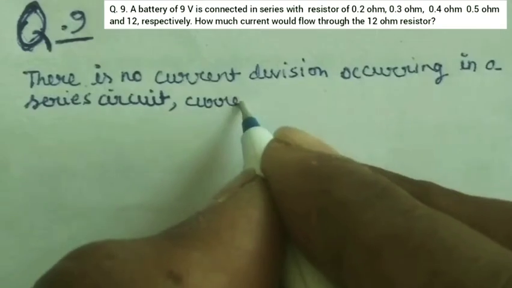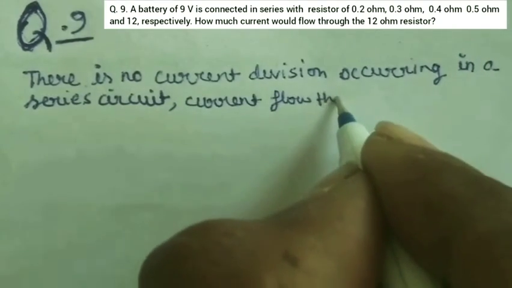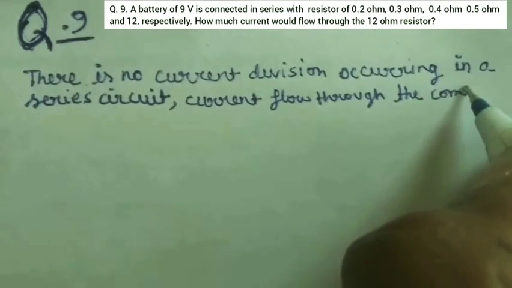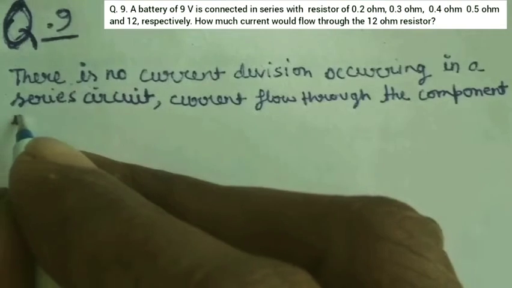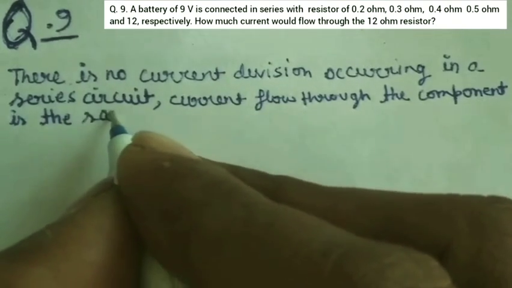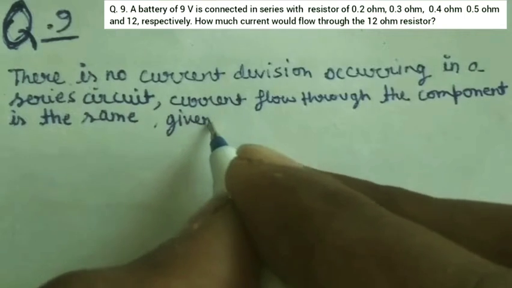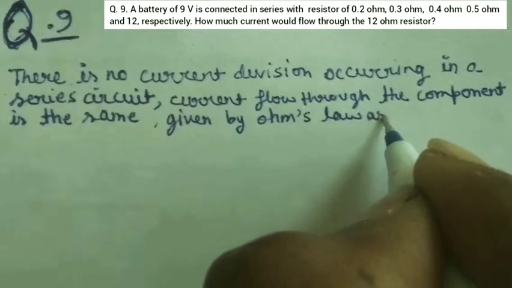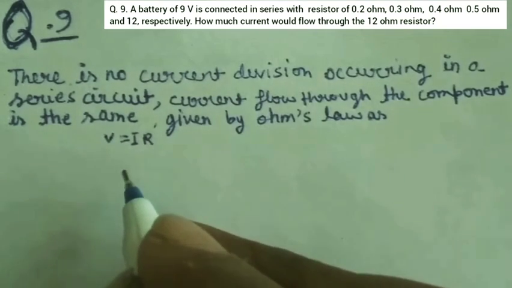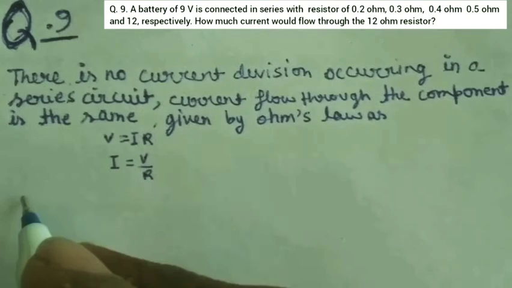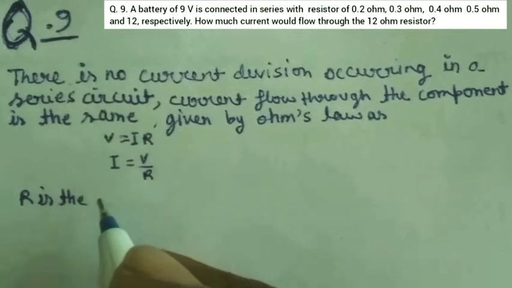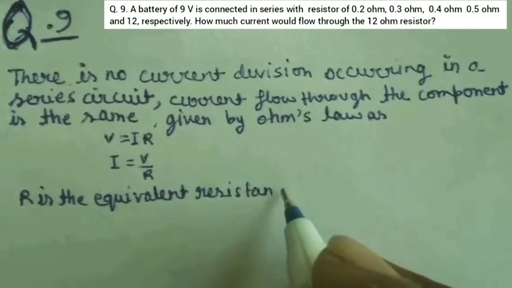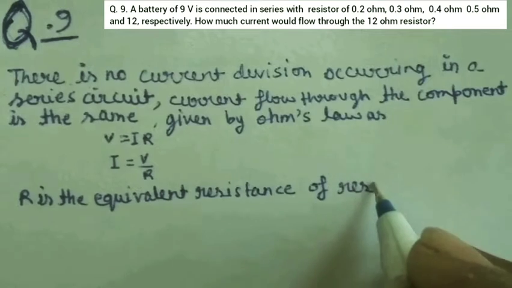Current flow through the component is the same, given by Ohm's law as V is equal to IR. I is equal to V by R. R is the equivalent resistance of resistances